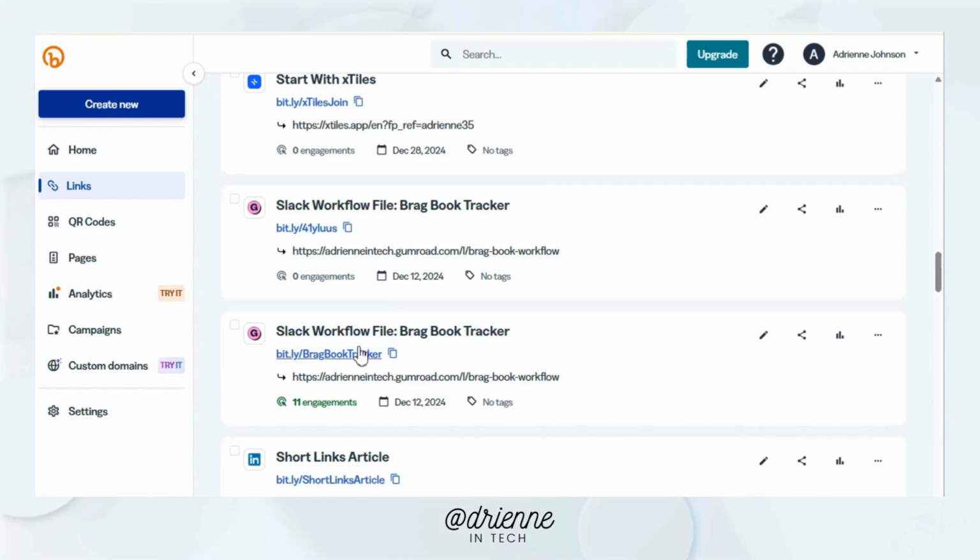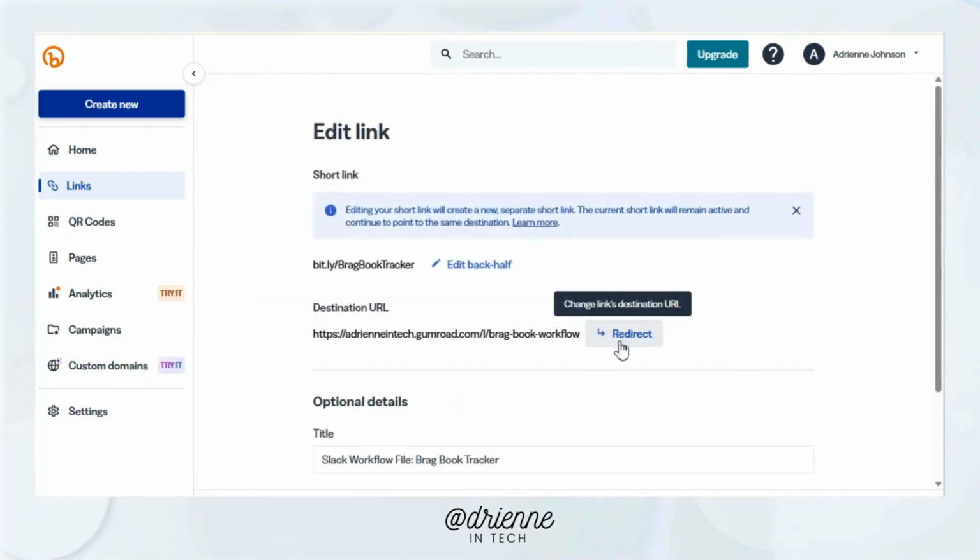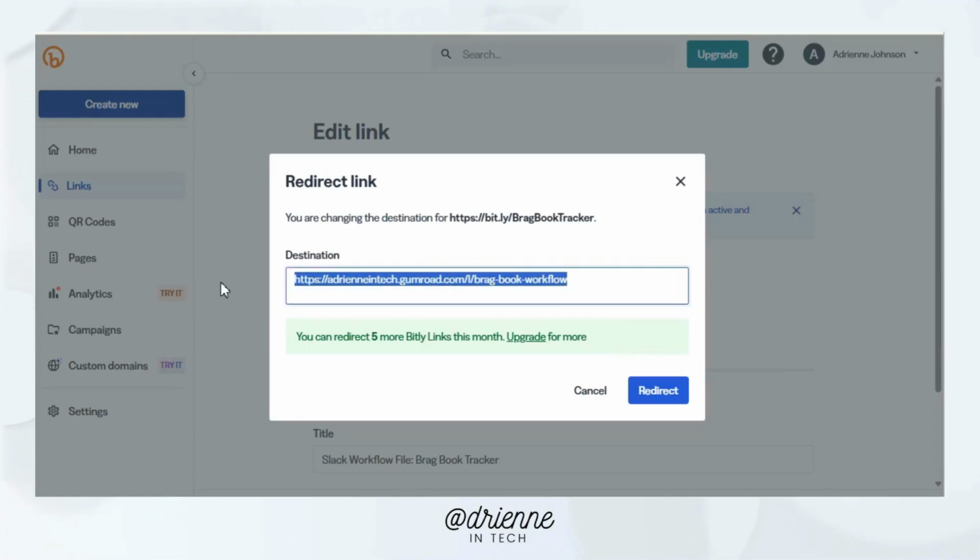But if I were to change my shop to go from Gumroad to WordPress or whatever any other sites there are for that, then this link would break, right? As it is, it would break. So we don't want that. So what I can always do, because I have this type of plan, is I can go in and edit it. And here's the redirect link, and I can change where this goes.